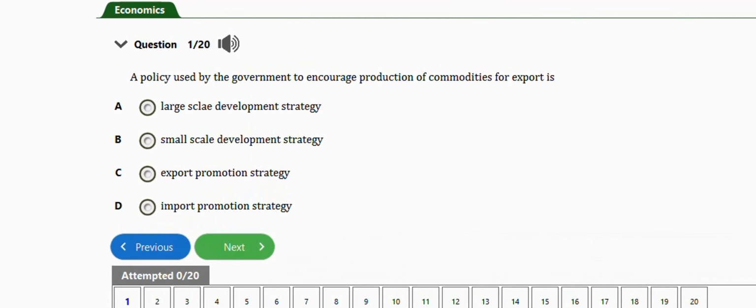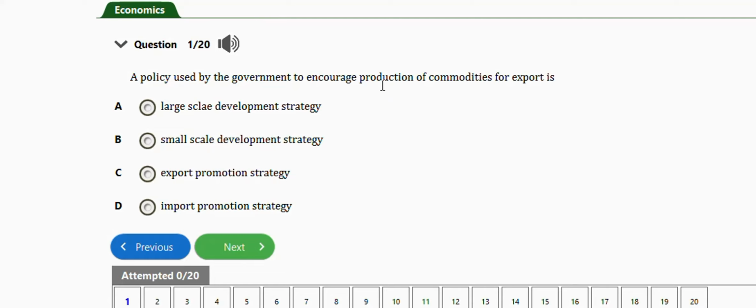In this video, we're going to learn how to solve these JAMB economics problems under economic development. So we're going to focus on the subtopic development planning. We have about 20 repeated questions to practice with in this video. Let's get started. The first question I have here says, a policy used by the government to encourage production of